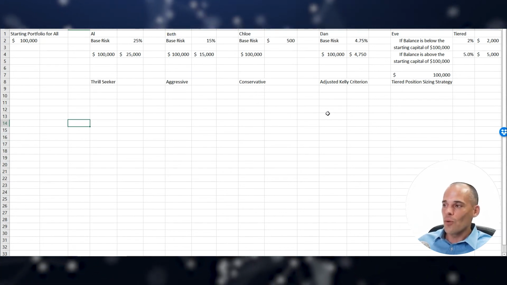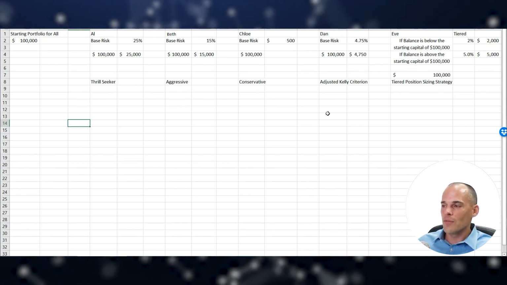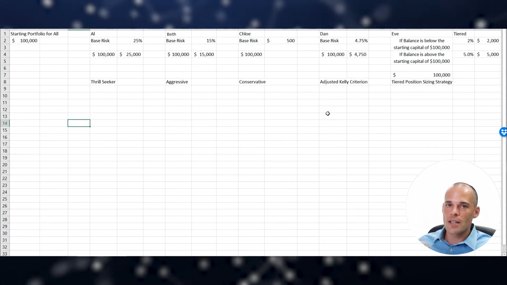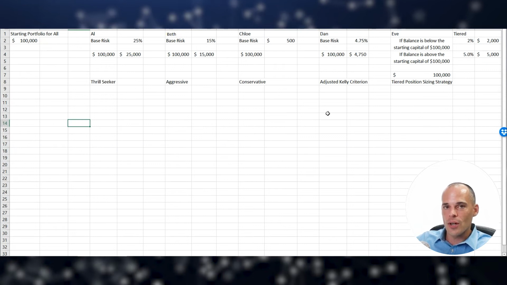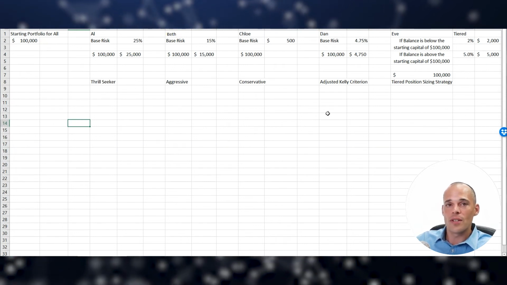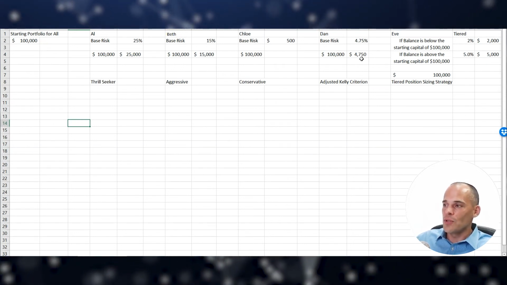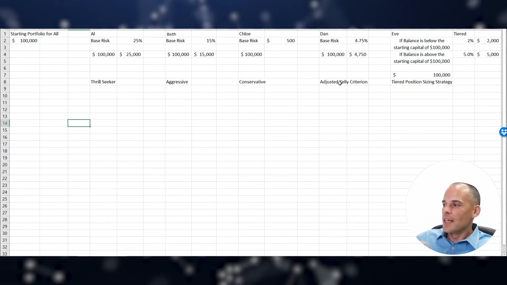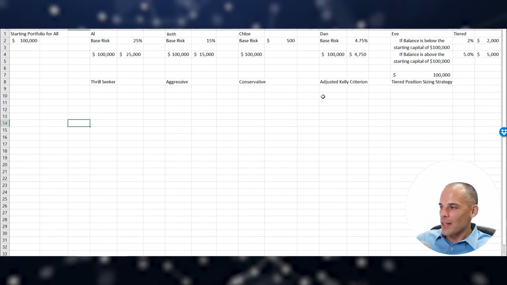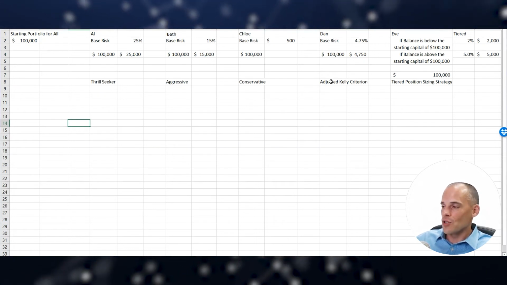I won't go into that. I don't recommend Kelly for a lot of people. You've got to be really careful with it. So I use an adjusted Kelly criterion. And there's a lot more details. You've got to worry about portfolio heat and correlated trades, and there's a whole bunch of stuff involved in this. I won't go into it in this video, but just be very careful using this number for your trading. I really don't recommend doing that. So we're not going to go into that yet, but just be very careful. I'm just giving this as a demonstration, as an example.